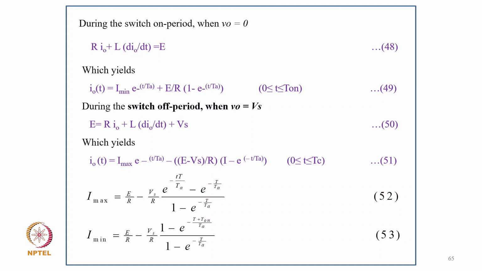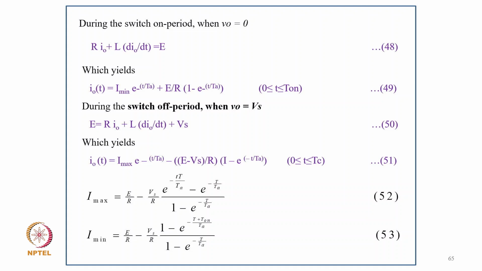During the switch-off period, when V equals Vs, E = Ri0 + L di0/dt + Vs, which leads to i0(t) = I_max e^(-t/τa) - ((E - Vs)/R)(1 - e^(-t/τa)), where t varies from 0 to tc, and I_max equals E/R - Vs/R